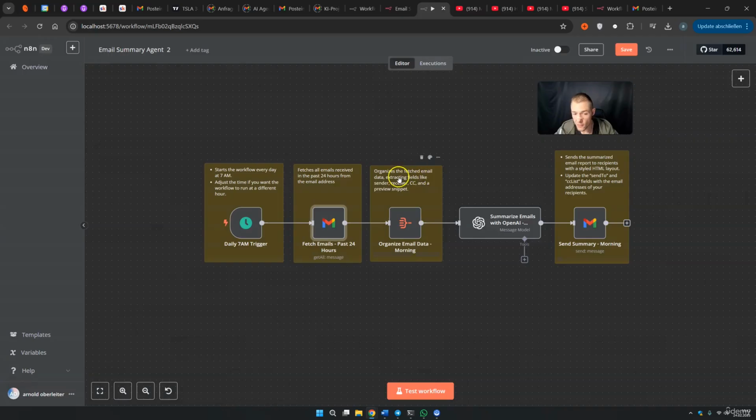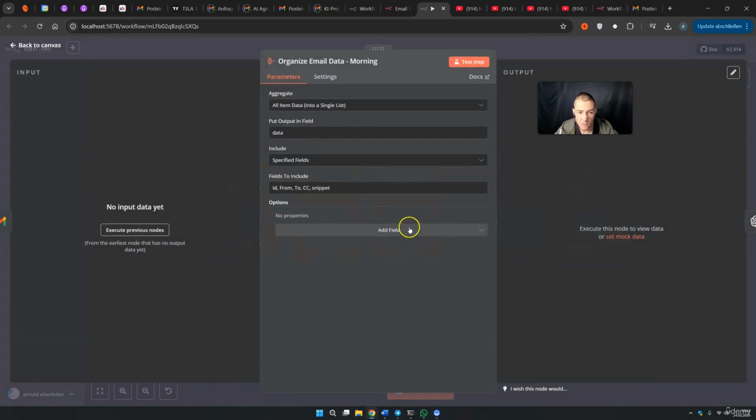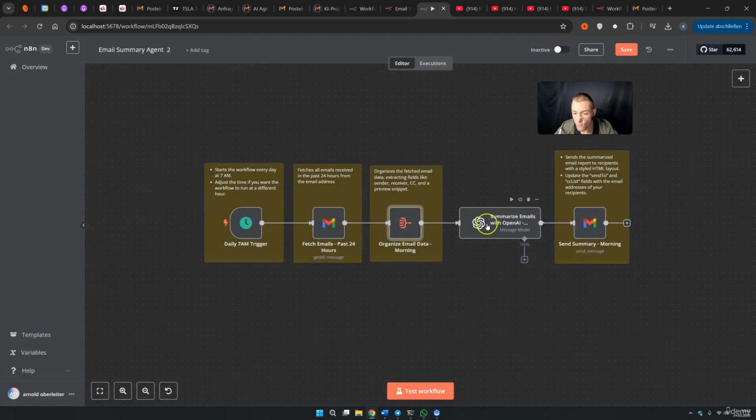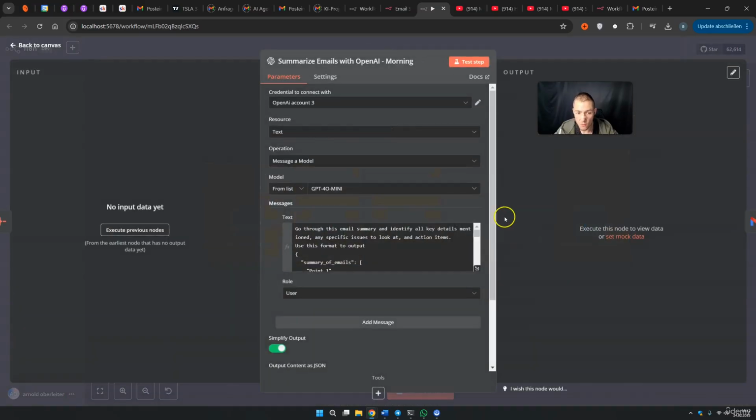Then the next node organizes the fetched emails data, extracting fields like sender, receiver, CC in the previous snippet. So you can press on it. You see all item data. The output field is of course data. Include specific fields. The fields to include are ID, from, to, CC and a snippet. And that's basically it. And then we have this OpenAI node, so you can press also on this thing right